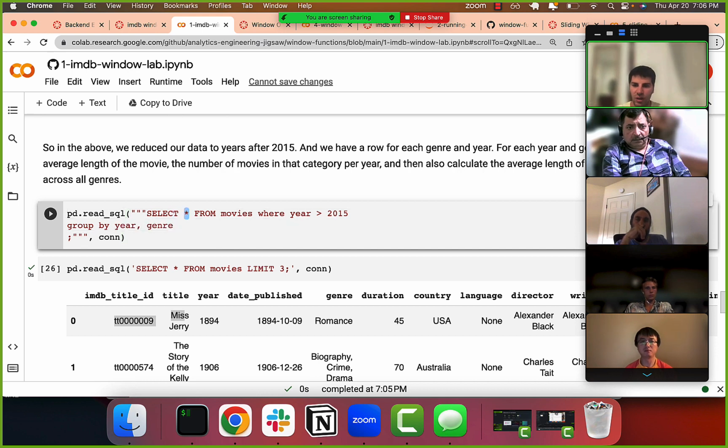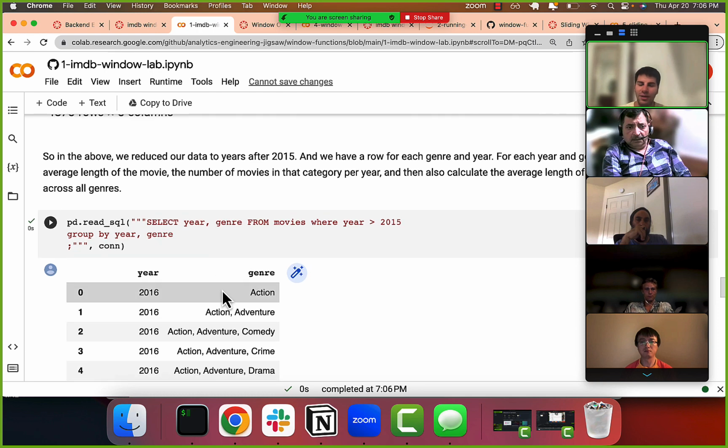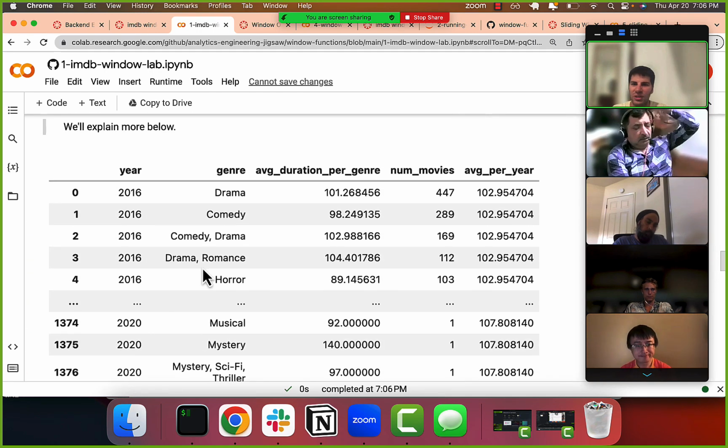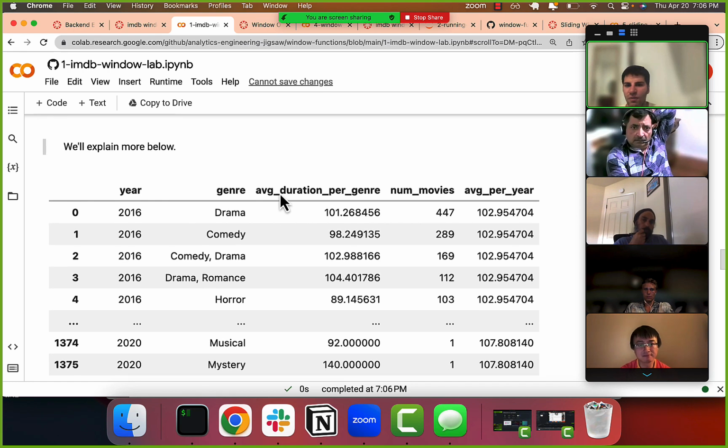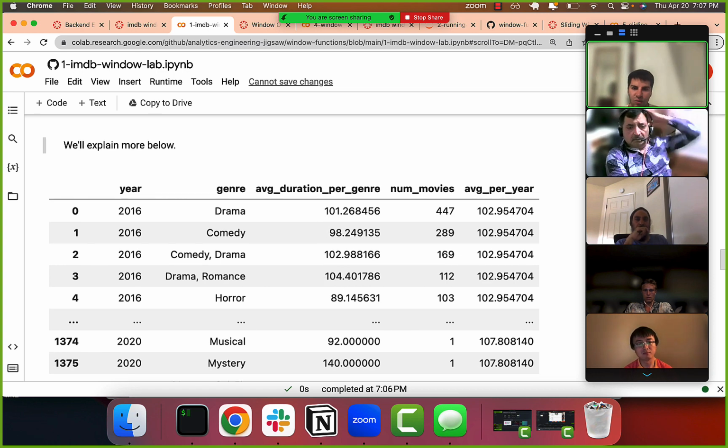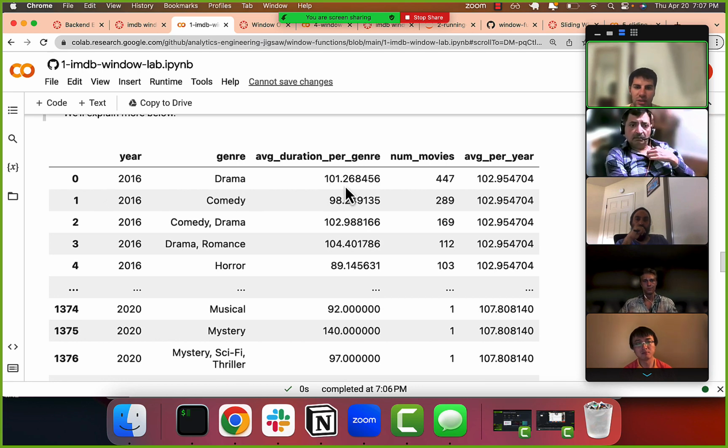And then just to see what we're dealing with, we can just select year, comma, genre, right? And now run this. I'm already feeling pretty good, because you can see all of a sudden the dimension lines up, okay? And now we can fill in the gaps. So average duration per genre. This is a different value for each row, right? This is how long on average drama movies are for 2016. That's a different thing than what's on average for comedy movies for 2016. So per this existing grouping, we want a different value for each one of these. So this is really just using the average per group, the average per the existing group that we've already